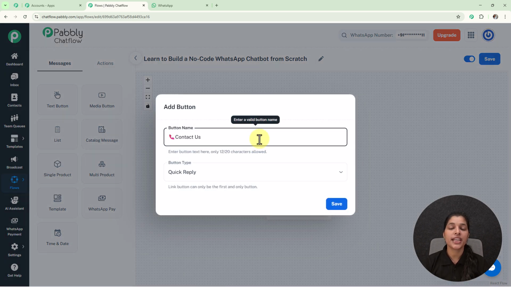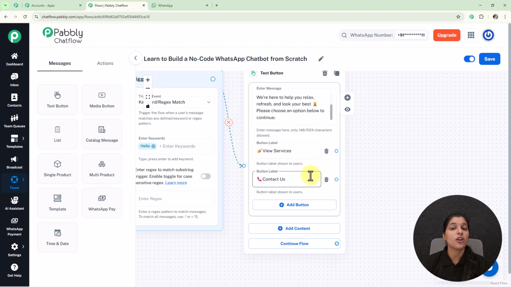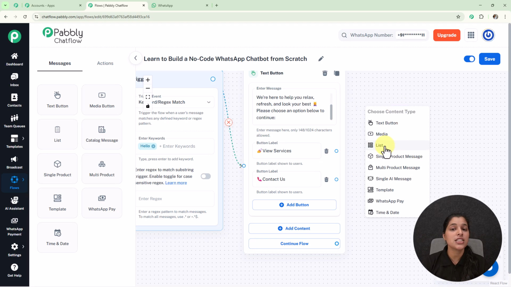So here I have created another button, that is contact us. Now let's click over the save button. Now if my user selects this button, that is view services, I'm going to provide them a list of the services offered by my salon or spa. For that we just have to drag and drop, and here you will observe this node, that is list,